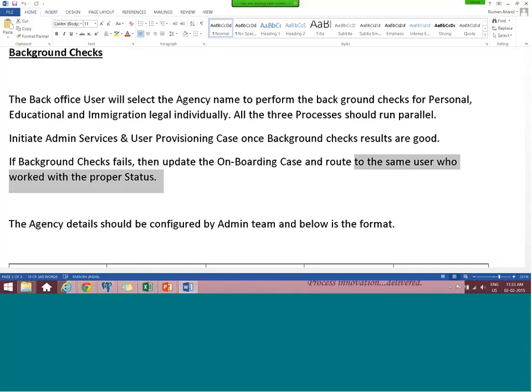And then click on the assignment link. Don't add any complexity. Do approve or reject. You should have only one option, approve or reject, and you take the information there. Once all 3 processes complete, you have to evaluate whether all 3 are approved or all 3 are rejected, or the probability. If all 3 are approved, you say it's approved and initiate your user provisioning and admin services, and resolve your background check case. You got the process?